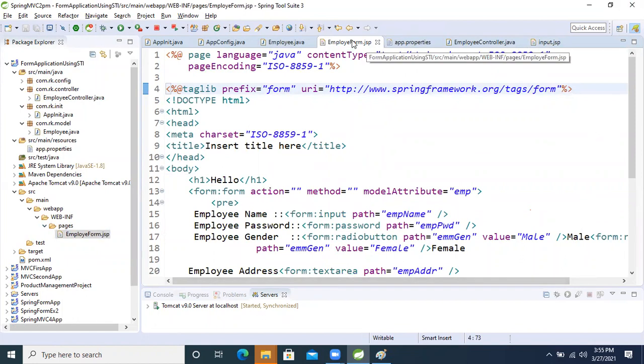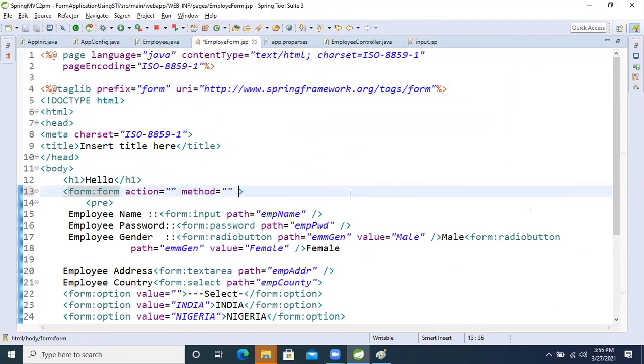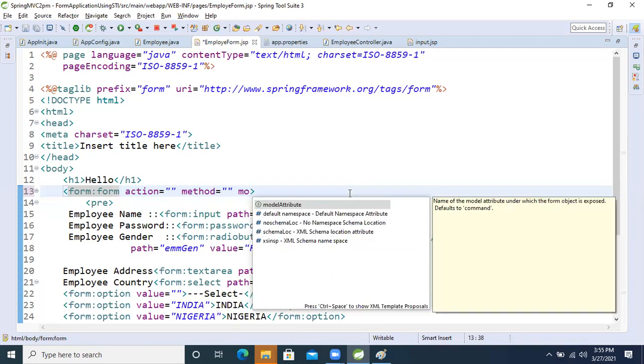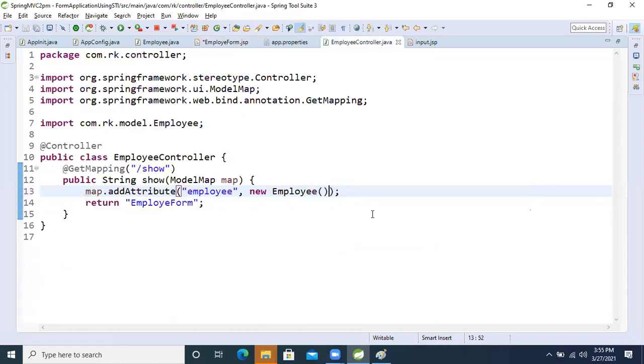Okay, same concept. Why is it giving... one minute.